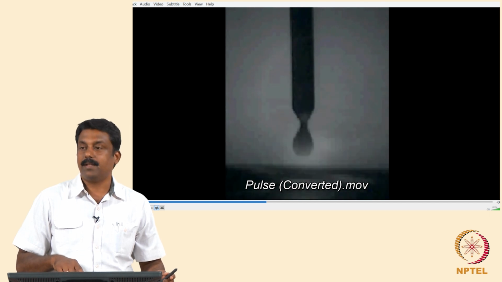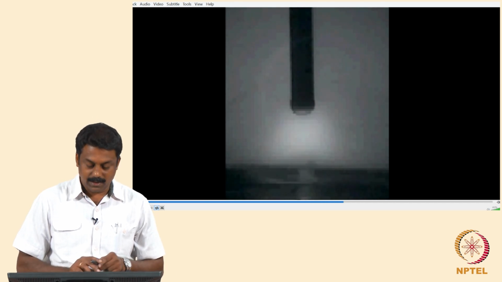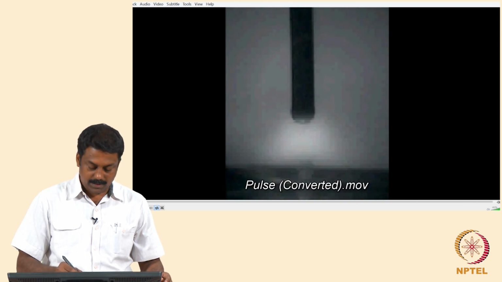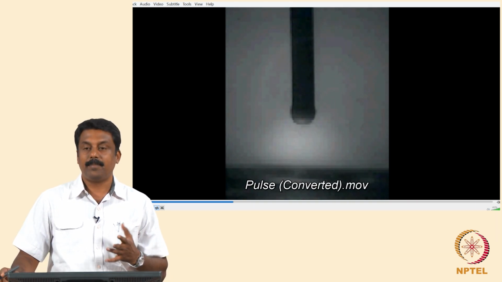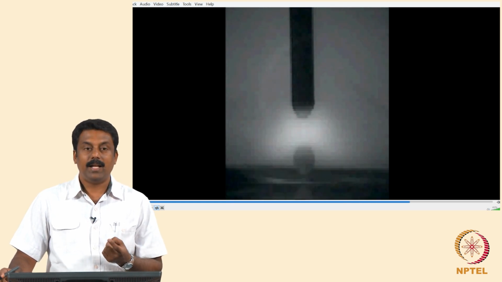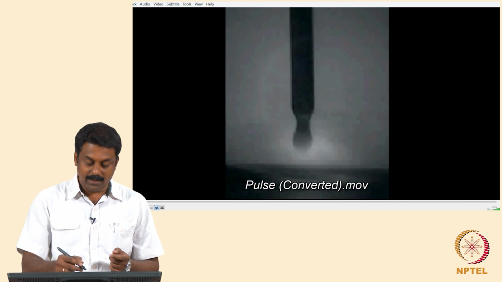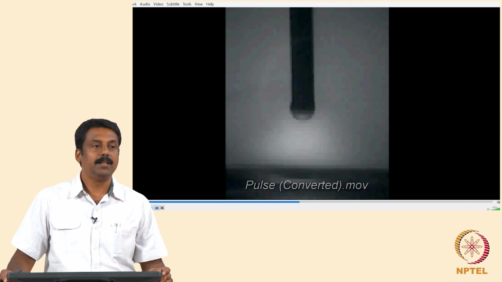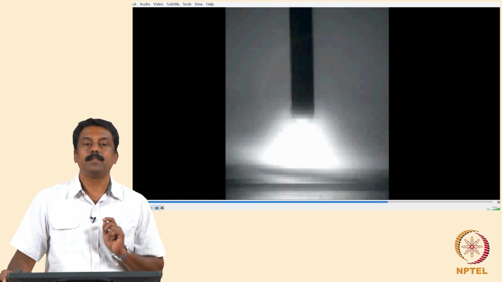we will have to maintain the arc length constant, the length over here from here to here is constant. That means we will have to calculate the melting rate in such a way that we can also feed the wire at a similar rate, right. So, how do we calculate the melting rate here?